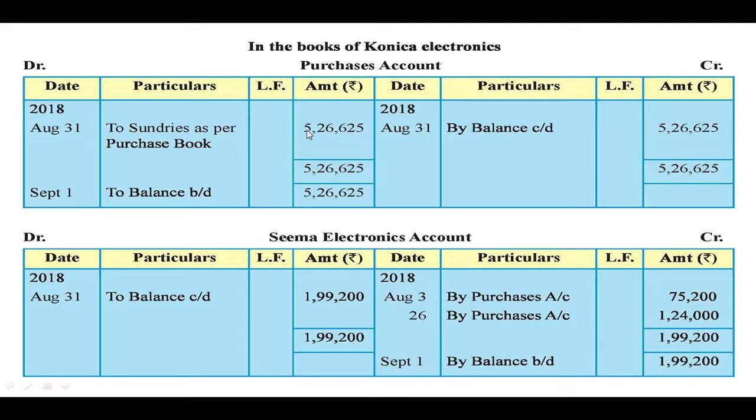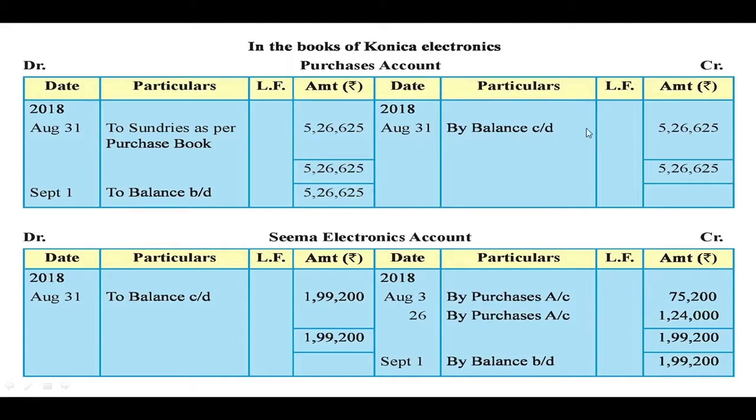So you have to remember that purchase account is always debited and the opposite account is the supplier's account, that is credited. So the entry comes on the debit side in the purchase book and we have to write the total. Then on the last day,